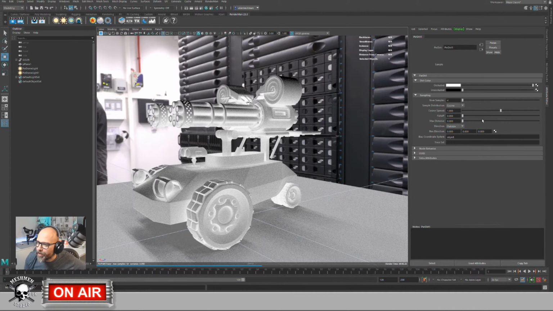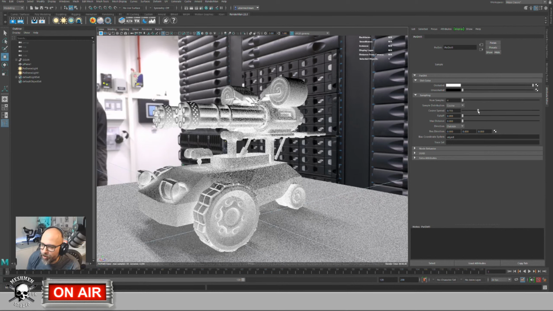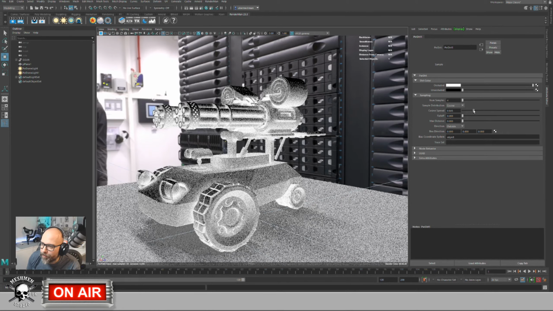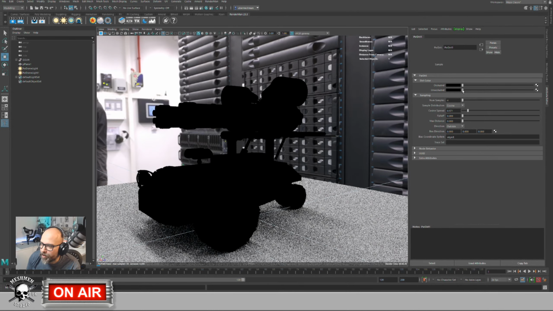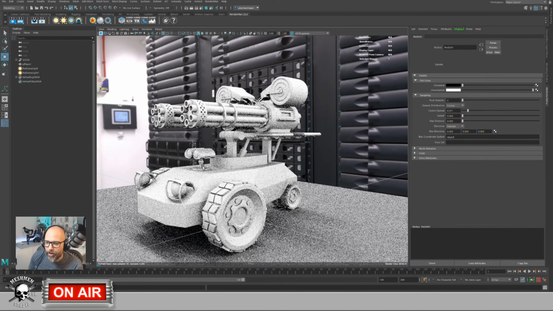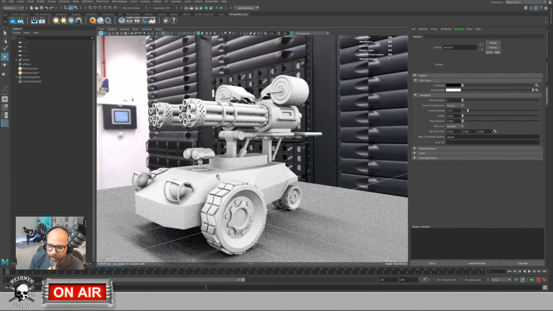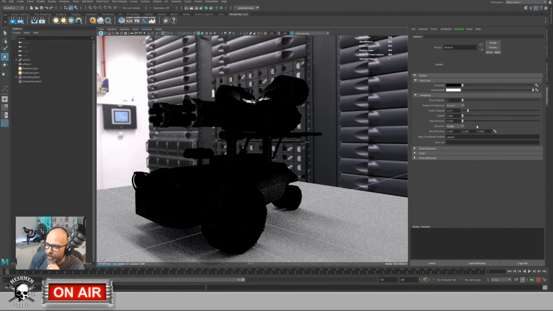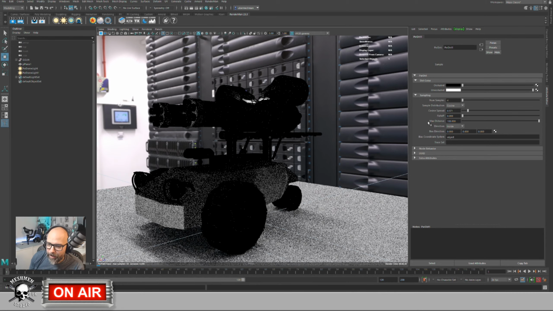So let's go in here. Let's say that you want to render out occlusion or something. You can apply this one, and if you want to have different colors here, for example, you can reverse it. So now it's rendering it with occlusion, and you see it doesn't pick up any lighting, essentially, just the occlusion. Doesn't matter what the light is. If you want to create something like a thickness, similar to a thickness map,